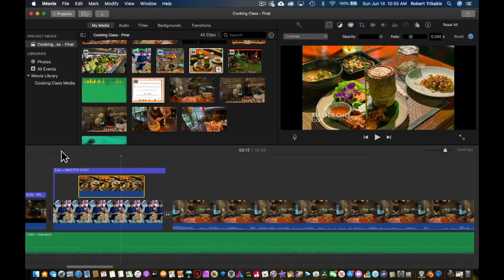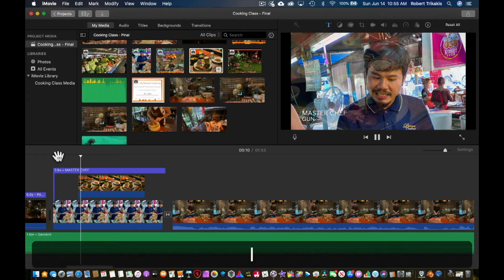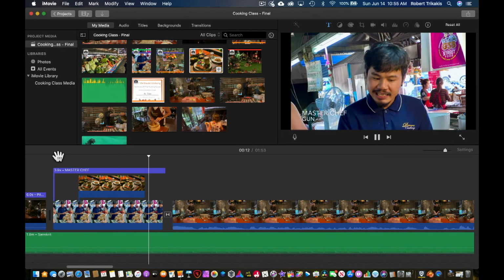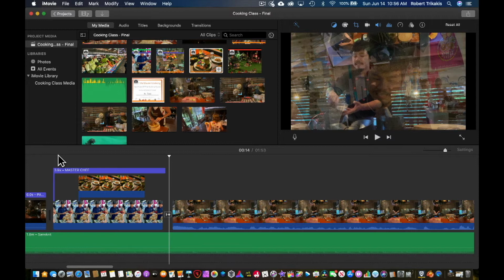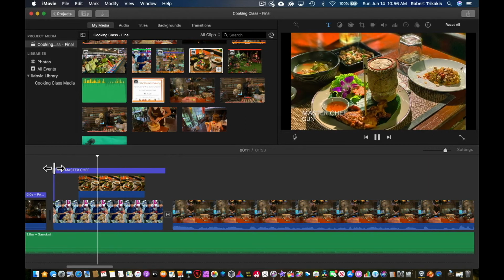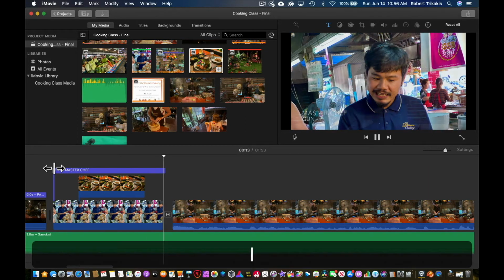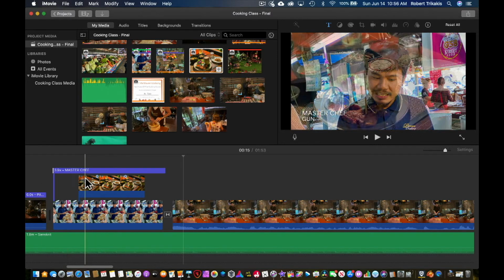I'll put it about there, move my playback head, hit my space bar or L key, fade in and fade out, and K to stop. Let's do it again. From the beginning, L key for play, fade in, fade out, and then K to stop. So there's a cutaway. Really nice effect. I'm going to delete this out